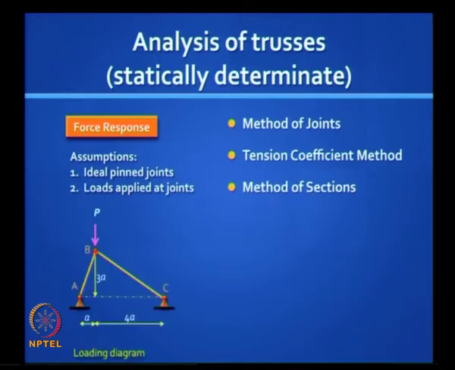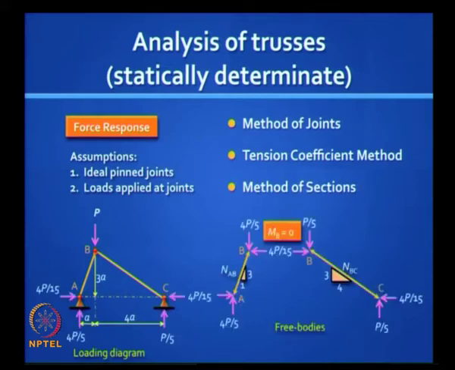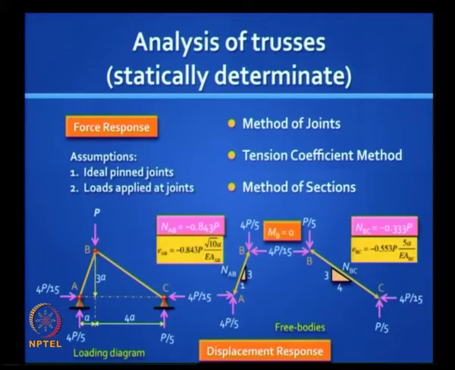Here is an example of a 2-bar truss. You can see that the calculations are very easy to work out. We need to take advantage of the fact that there is an internal hinge at B, so there is no bending moment transferred from one member to the other. You have only axial forces in the two members, and they are very easy to compute. So let us move ahead.